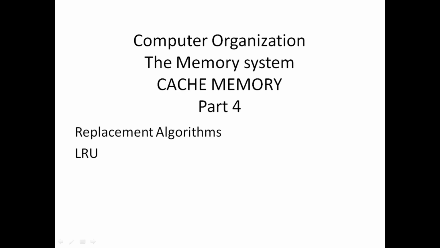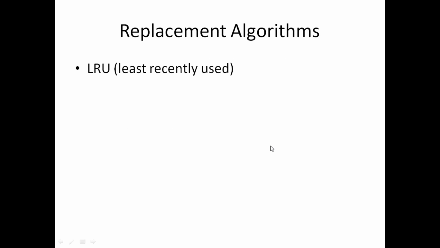Let's start. In this part, we will study the replacement algorithm. Previously, we studied locality of reference. The property of locality of reference in programs gives a clue to a reasonable strategy, because programs usually stay in a localized area for a reasonable period of time. There is a high probability that a block that has been referenced recently will be referenced again soon.